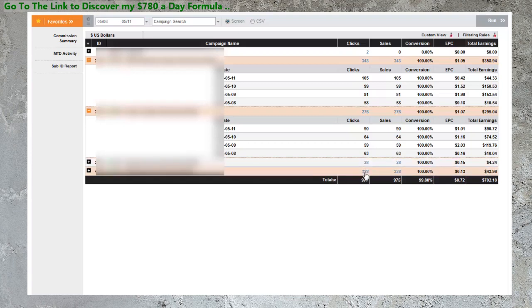But as you can see, they've generated roughly about the same amount of clicks, but you can see the earnings difference. Okay, so 358 there, 295, almost another 300, and this one's down at 43. So I definitely wouldn't call that one a winner. This is why I'm mainly focusing on these two offers.